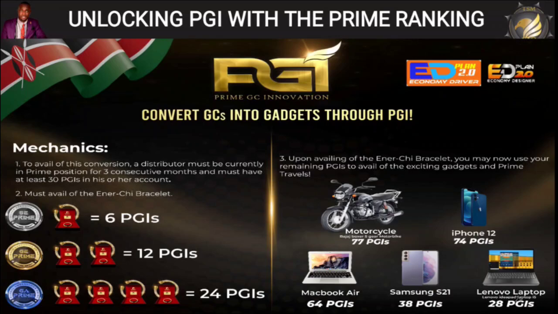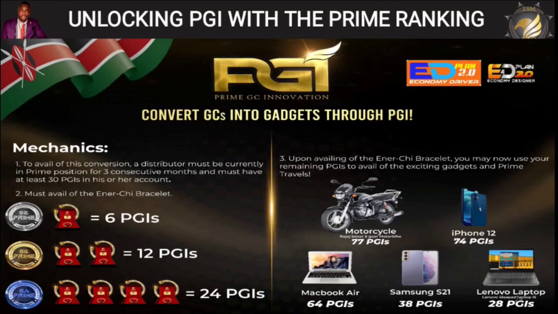PGI is now the gift check. You must have at least 30 gift checks, and then you must add up to 36. Once there are 36 gift checks, the next thing you must do is redeem... let me see. Yes, you must have at least 30 PGIs, and then you must be able to redeem the